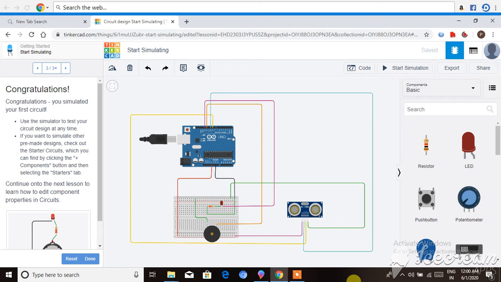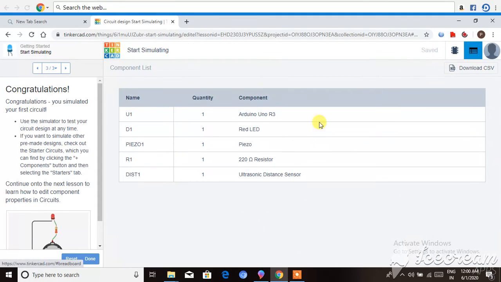Today my topic is social distancing sensor. This is a circuit that I had created for it. The reason to choose it for making this sensor is the situation of COVID-19 where we had to maintain a social distance from each other. So let's have a look at the components I used for it.